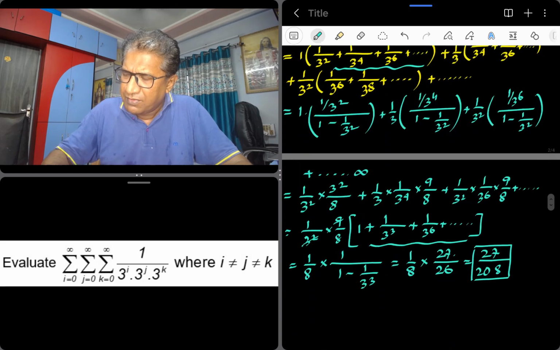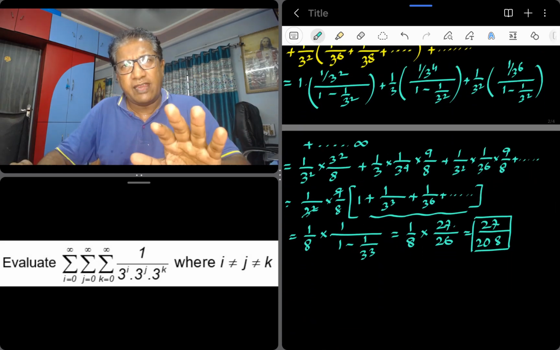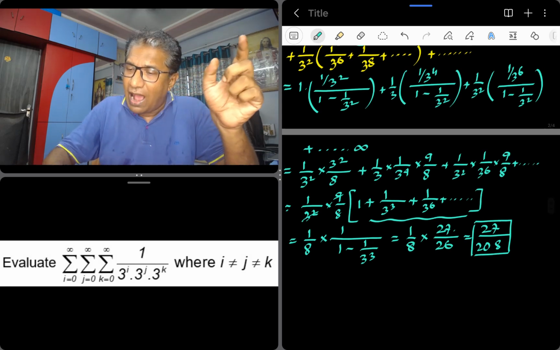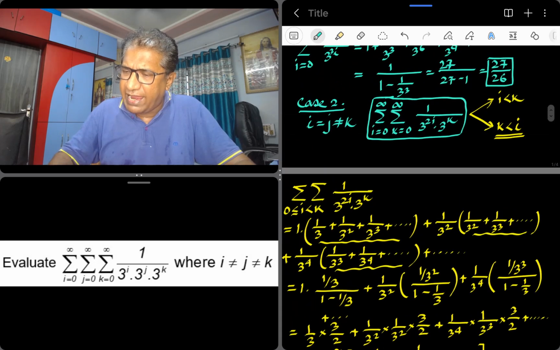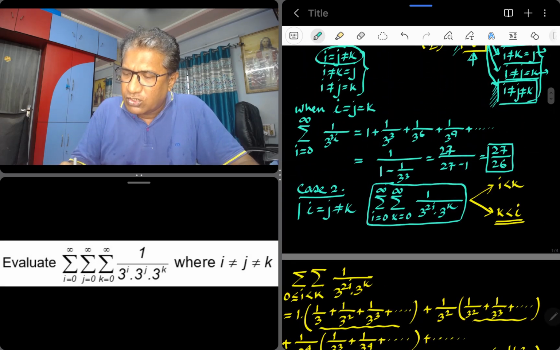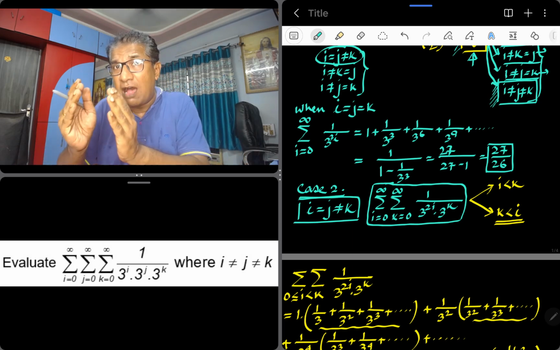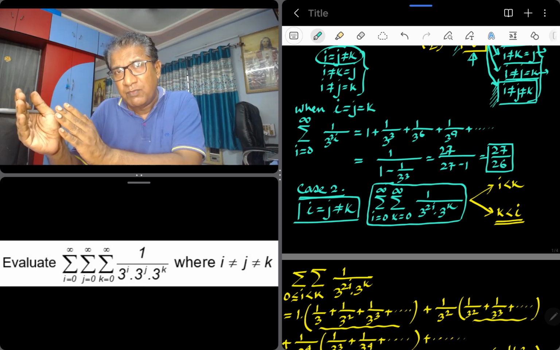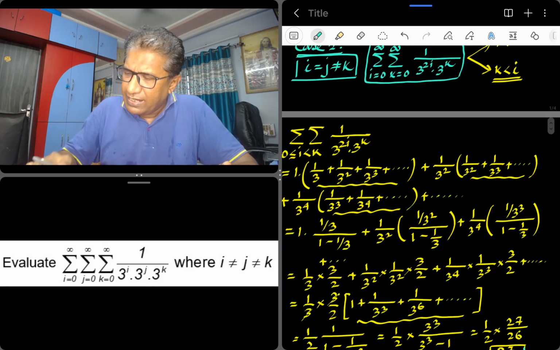And if you combine these two, this sum and this sum is basically the sum of those terms in the series in which your I is equal to j, but not equal to k. So what is the sum of those terms in which your I is equal to j is not equal to k? It will be